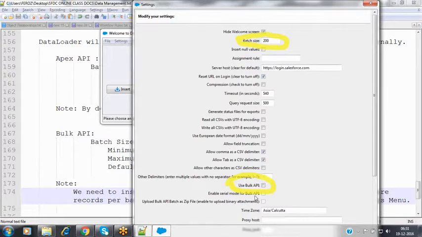If you are going to be using that bulk API, then to perform the operations on the bulk records, we need to specify that use bulk API checkbox, which is going to consider the record batch size from 1 to 10,000. Nothing but each batch can have a maximum of 10,000 records, and by default, Salesforce is taking 2,000 records as the default for the batch.